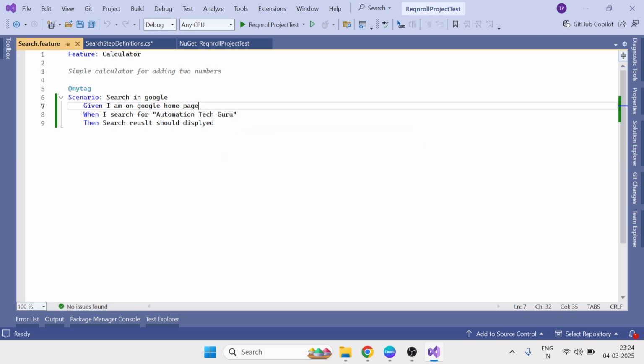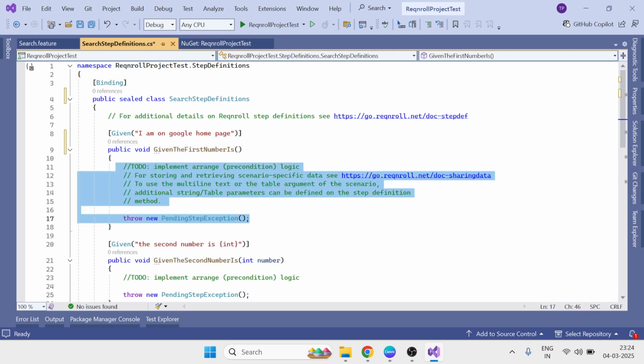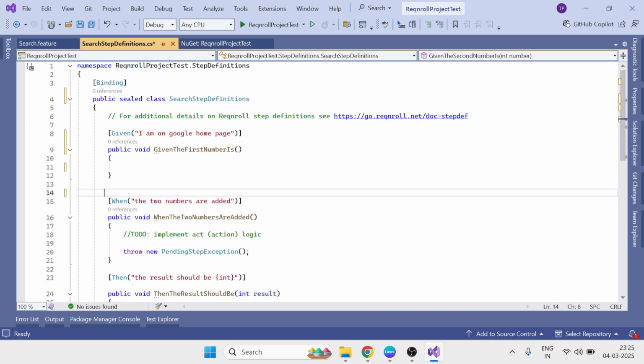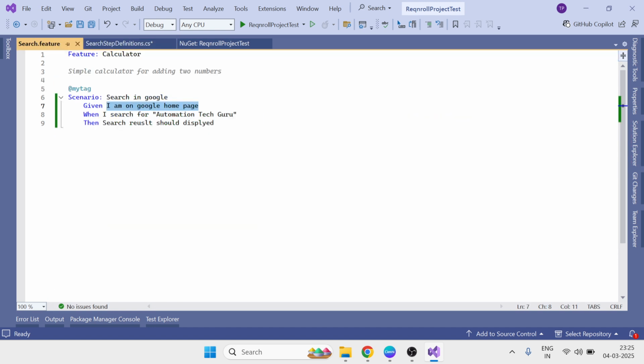So it's saying already there because we have modified it, right? So what we can do, we can just go to the step definition and just replace with this. Okay, no need to put any number here, and we just remove this. This is also not required. We can remove this code. This is the default code that is added, right? Then we can